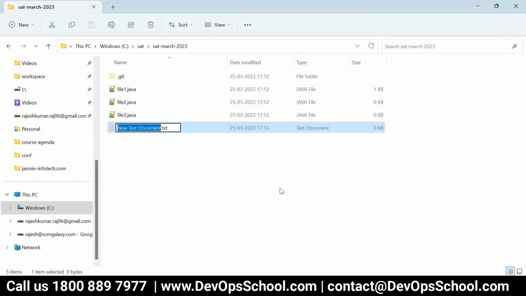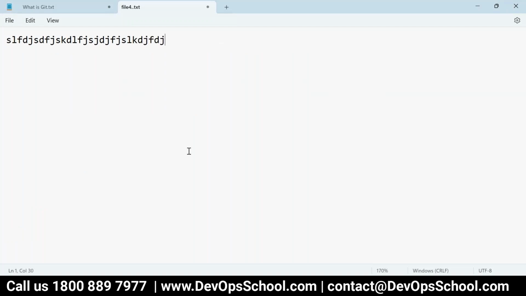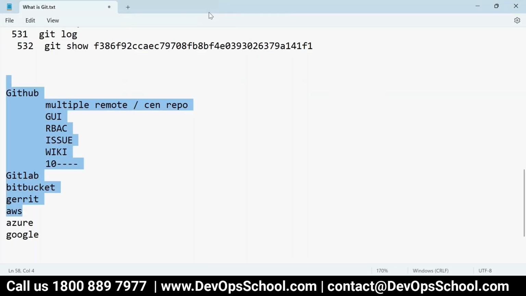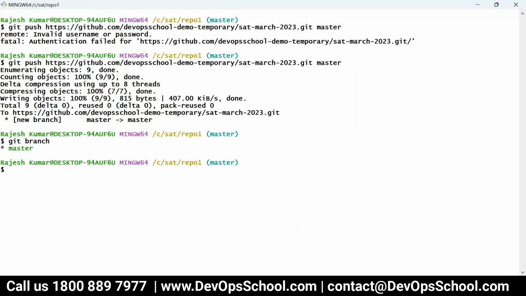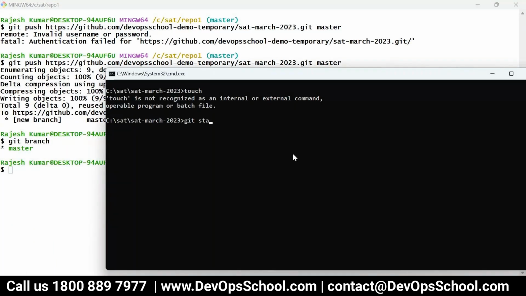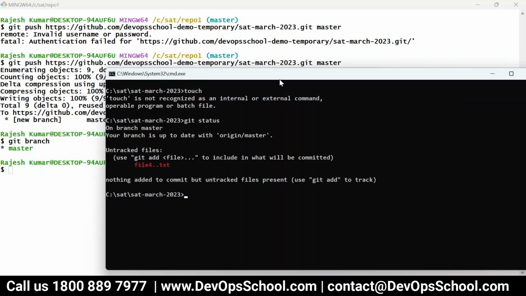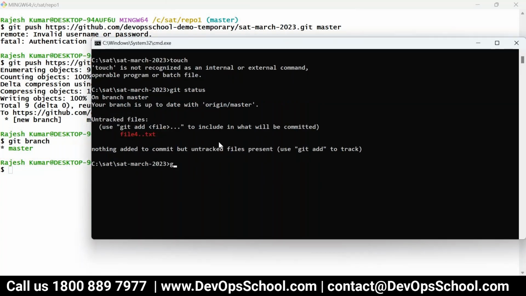So here file4.java. This is my new code I'm writing. And this is the special code. Don't laugh. And here what to do? So I'll run the git command, git status. So here you see that this file is to be committed. So git config, you remember the first time you have to do user.name, another user. Okay, Raju ban gaya gentleman.